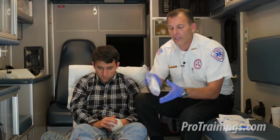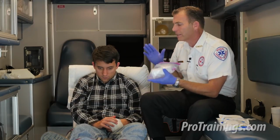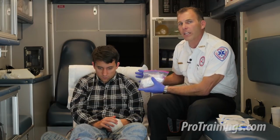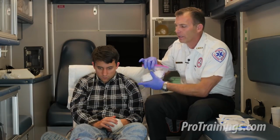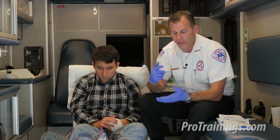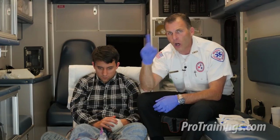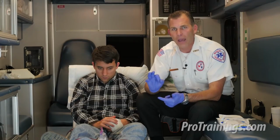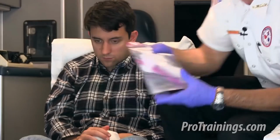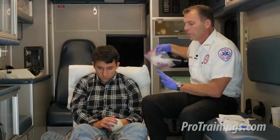water contact. Now, last but not least, we want to make sure this amputated part stays with its owner. We need it to ride along with the patient. This is probably not a good idea to have it in front of the patient. They know they just had a serious injury. They know that's their thumb, and that alone could start to develop some psychosomatic or psychogenic shock. I like to hide it kind of behind the patient, keep it out of their view, but if you're not